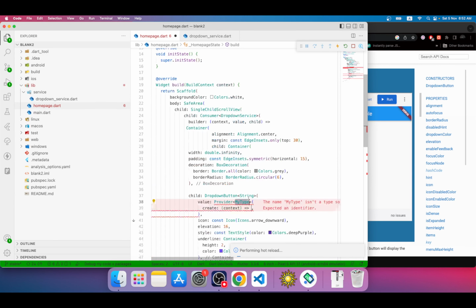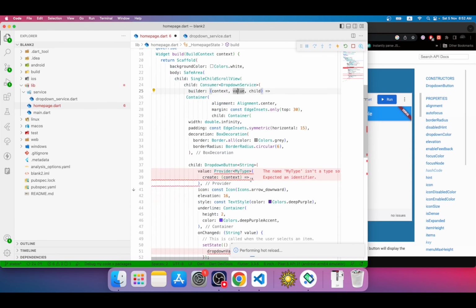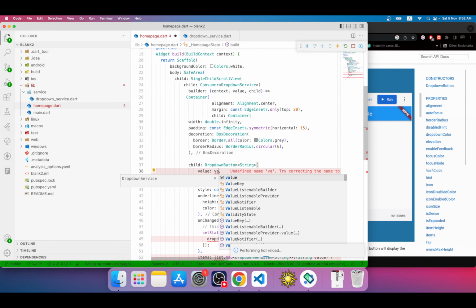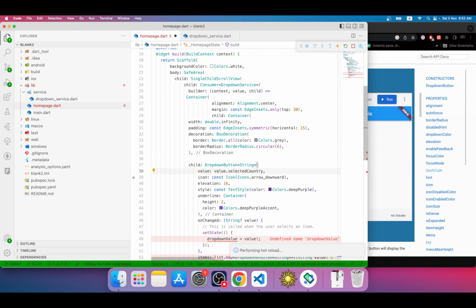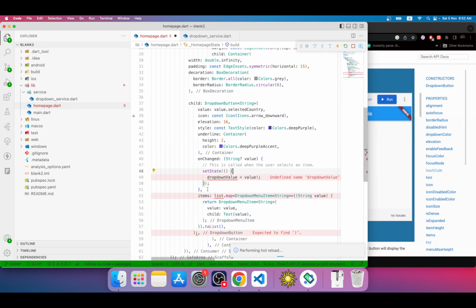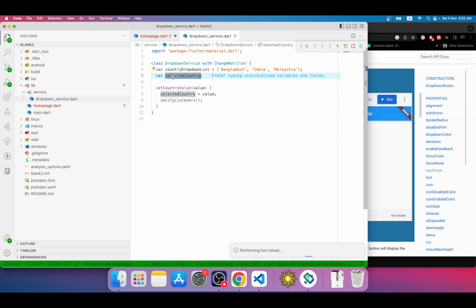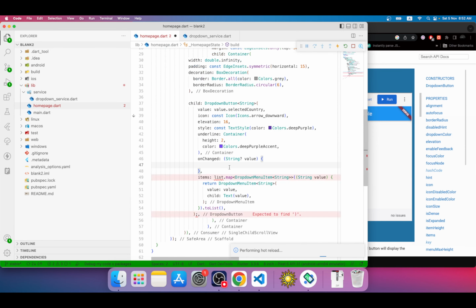provider, sorry, the name of our variable is value, so I have to say value.selectedCountry. And when user selects a drop down we want to update the data of this selectedCountry variable by this function. We can do that by saying